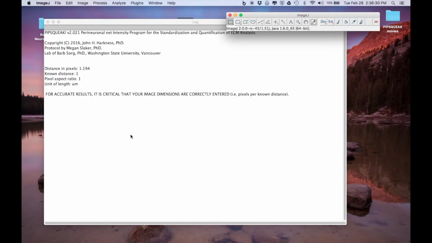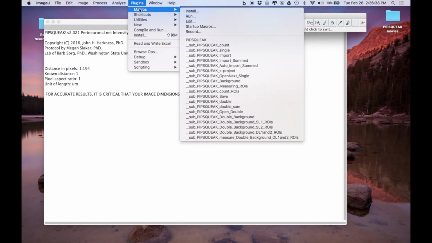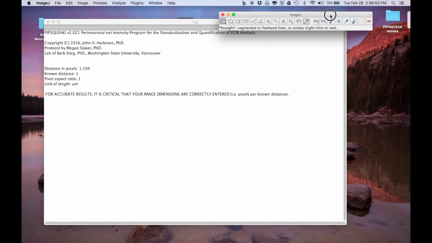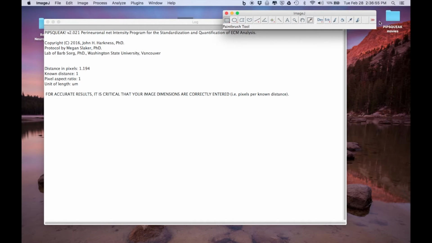One other thing that we're going to cover in this tutorial is how to have Pipsqueak automatically install each time you open ImageJ. You remember that we installed Pipsqueak through this function. If I close ImageJ, the next time I open it, I'll have to reinstall Pipsqueak, which might be good if I'm using multiple macros. It can also be annoying if it's the only one you're using or if you use it a lot. And so if we want to have it install automatically, we can do that with a simple